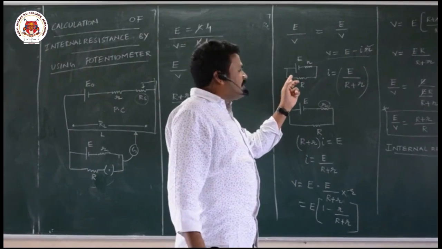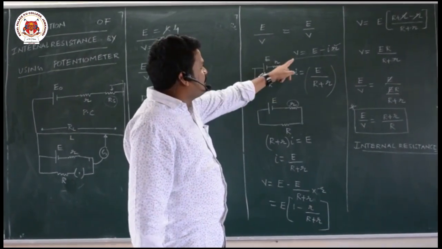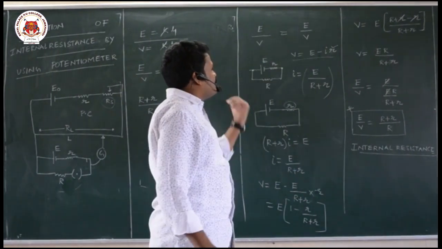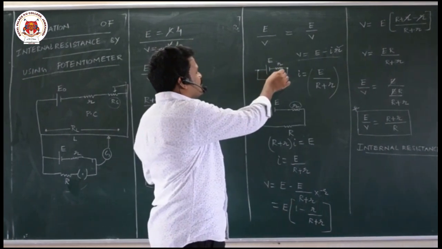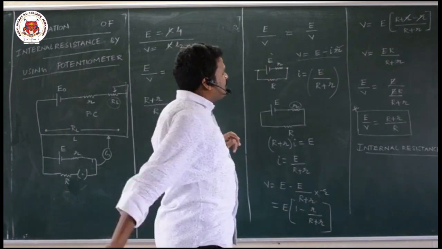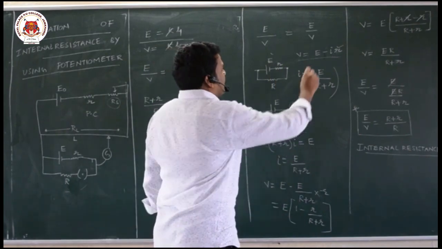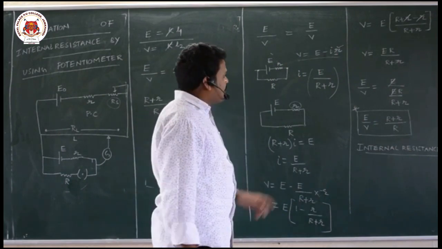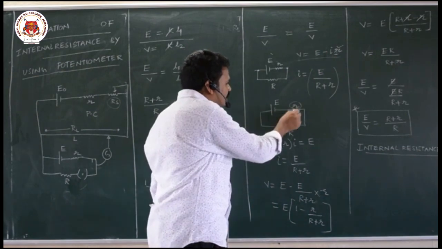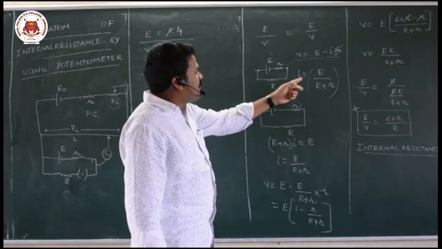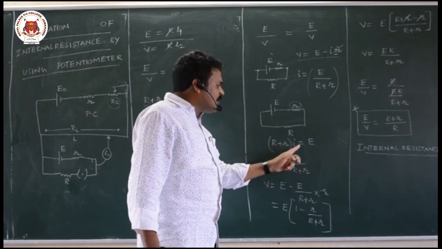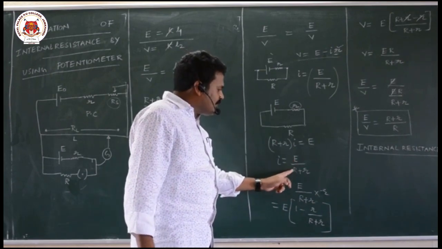Once I draw current from the battery, potential difference is equal to this potential difference. If you apply Kirchhoff's law also, you will get this. You take it as V from here to here. You will get V is equal to E minus Ir. Here r is the internal resistance, I denoted by letter small r. Now how will you get current? What is effective resistance? This small r and capital R are in series. Effective resistance is capital R plus small r. According to Ohm's law, (capital R plus small r) into I is equal to E. I is equal to E by capital R plus small r.